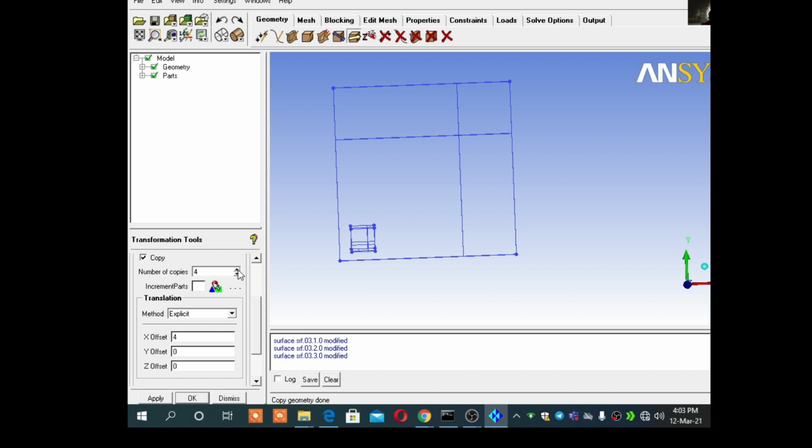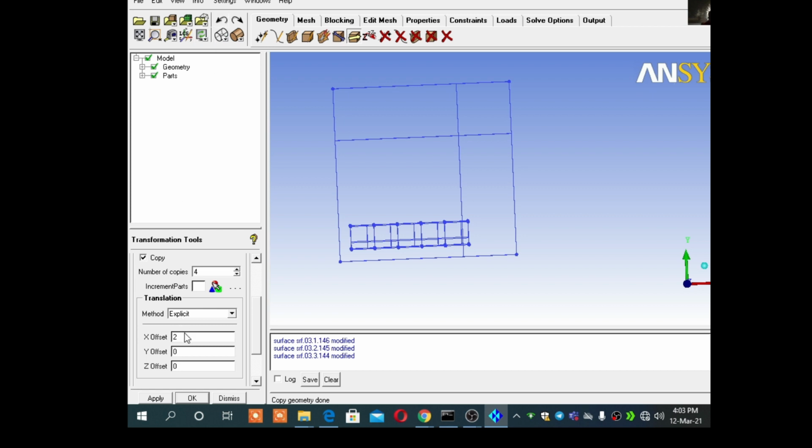Then I need to reduce to 3, but it is again going out, so I need to reduce the distance between offsets, so it is 3. Let's check if we can do 4. So I will reduce the distance again, so I can say 2.